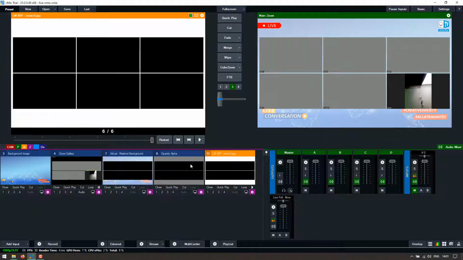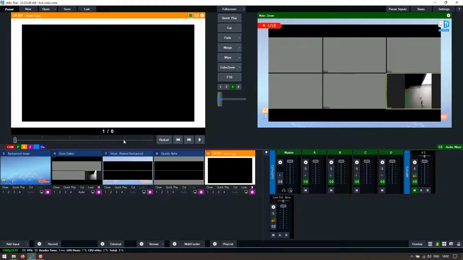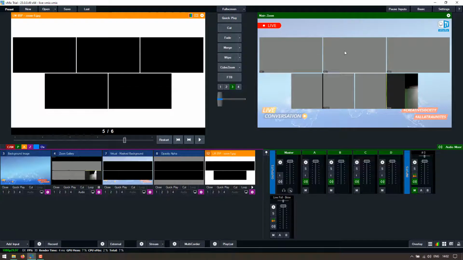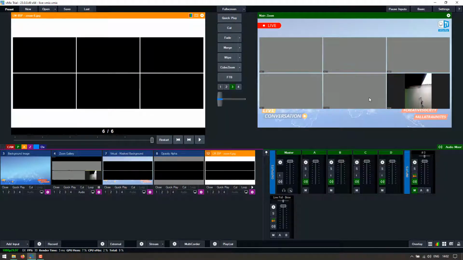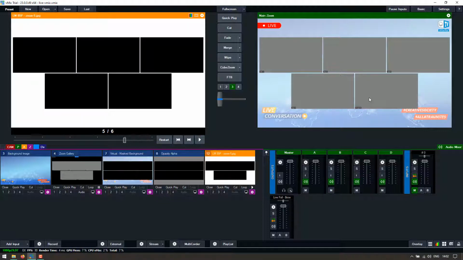We can also set up keyboard shortcuts for this slider. So when we watch here, if we have, for example, 6 participants and now 1 participant disappears, we can press just a keyboard shortcut and we now have the 5 participant layout. And we can set it up here in the settings,